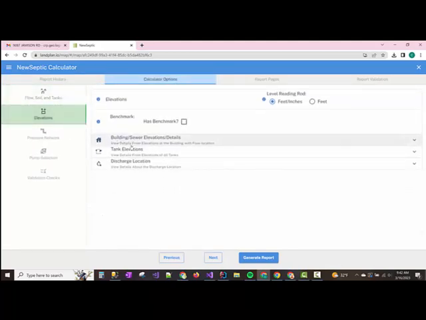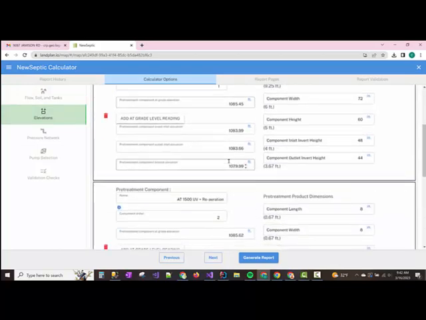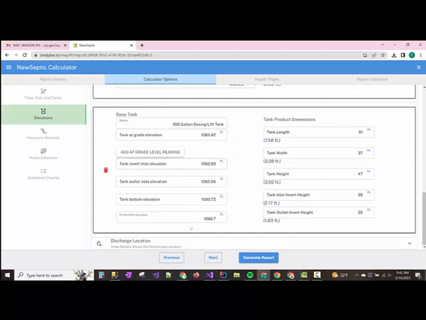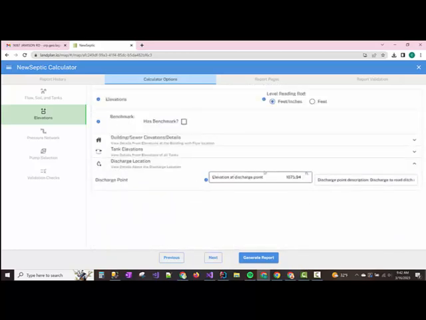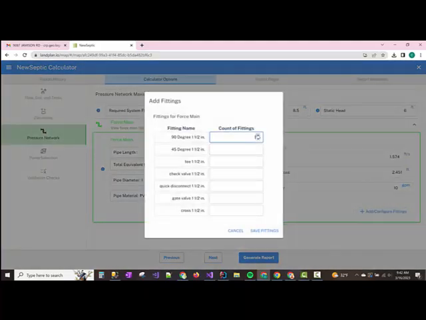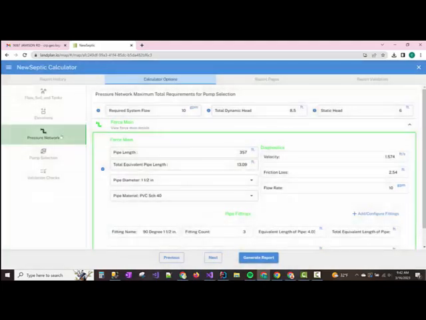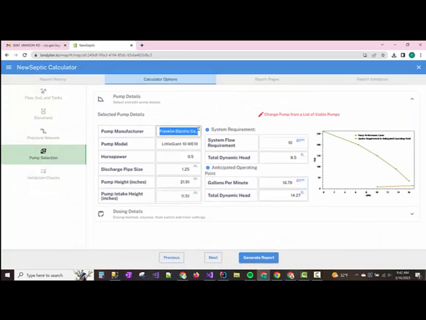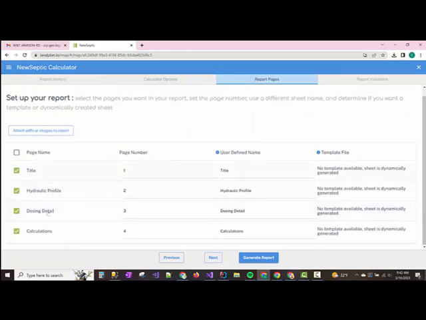And then you can come down and set your elevations to whatever you want them to be. They already set them to the default elevations from where we were going. So we have the discharging elevation and all our tank elevations, etc. So you can come in, check your force main. You could add fittings to your force main. Maybe we'll add like 3 90s and a quick disconnect. Save that. And then we have our pump select. We could change our pump at this point. But you can come over and we can see we have 4 options for the